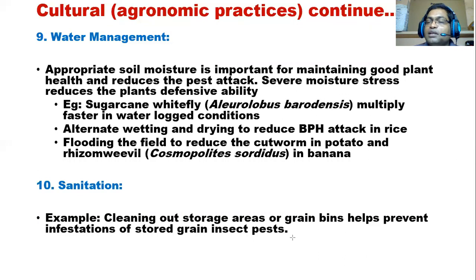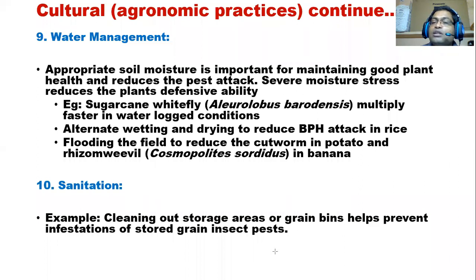Sorry, not white grub, laying of the black beetles. And also, if you are removing the banana pseudostems after harvesting, in many fields you may have seen, when we were on the field visit, that pseudostems are thrown somewhere else. This pseudostem gives chances for breeding of rhizome weevil and pseudostem weevil. So you have to collect and burn it. These are sanitation practices. Also do not allow farm implements to enter your field without cleaning.